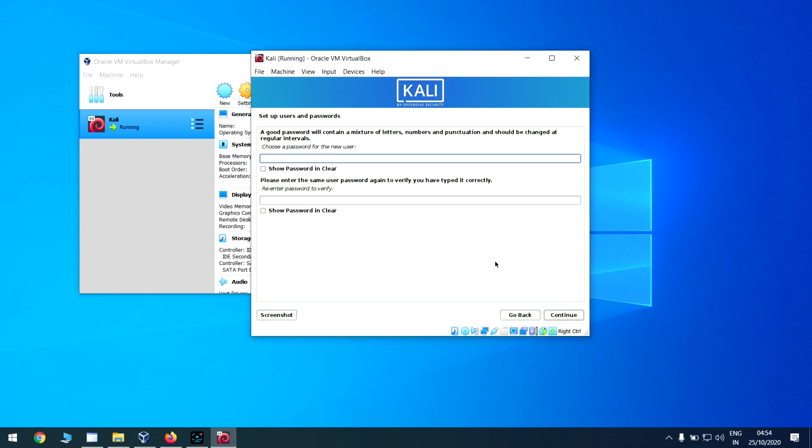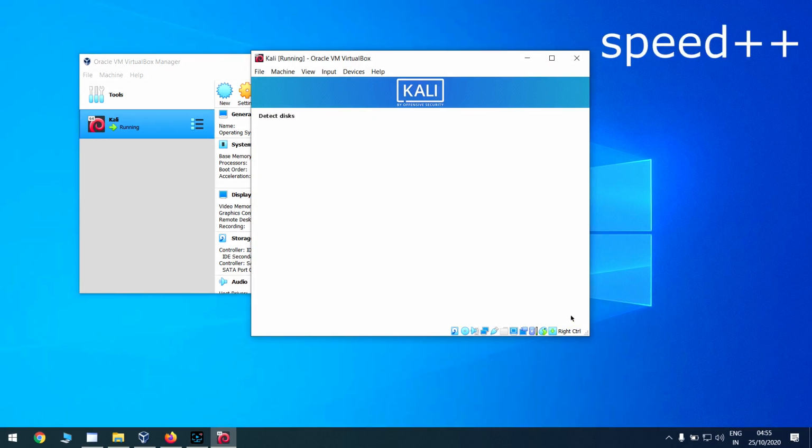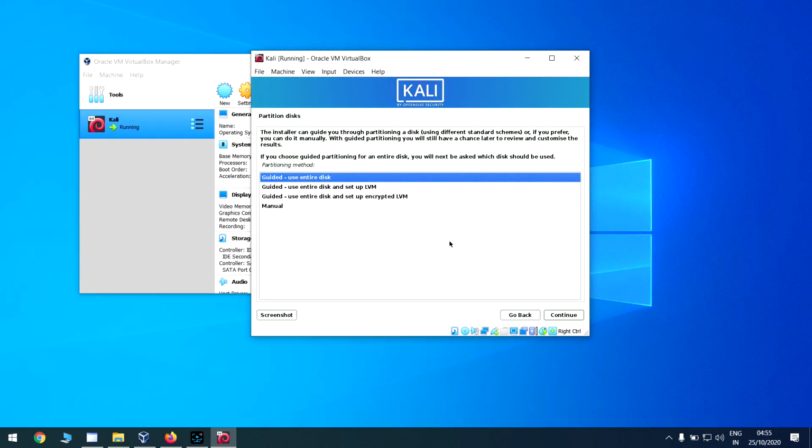Now set up your password. Rewrite your password and click continue. Partition disk, let it be guided.